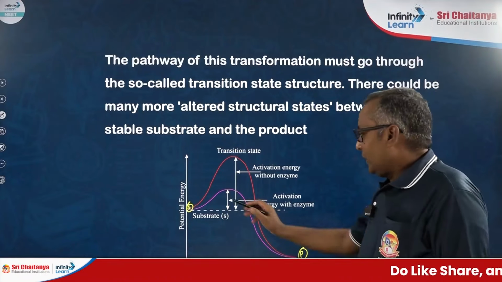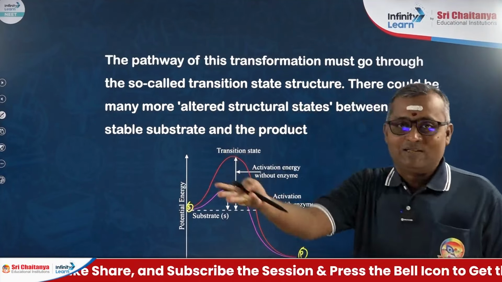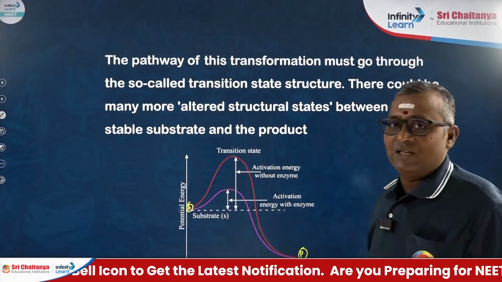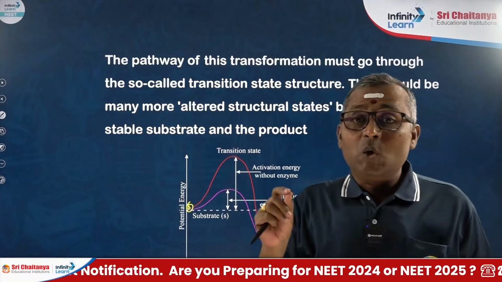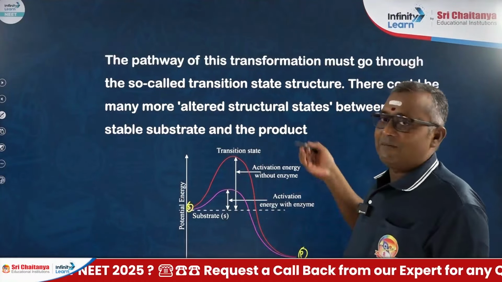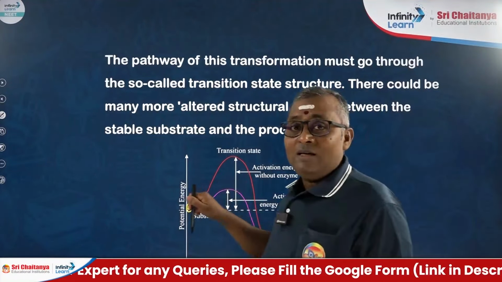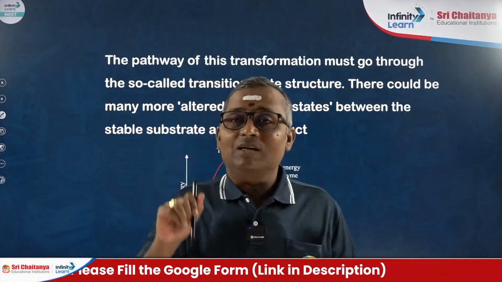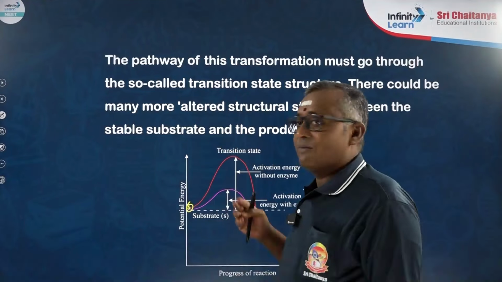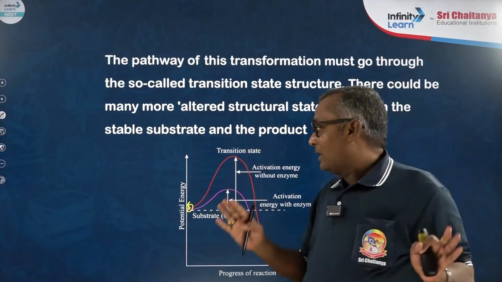That means during the conversion of substrate into product, the energy present in the substrate got released. Therefore, the energy status of the product became less. Now this kind of reactions are called exothermic or exergonic reactions. Whereas if the product lies above the level of substrate, then the reaction is called endothermic. For exothermic reaction, there is no need of supplying energy. Whereas for endothermic reaction, it is essential to provide energy in the initial steps itself. Whereas for exothermic, there is no need of energy supplementation in the beginning.